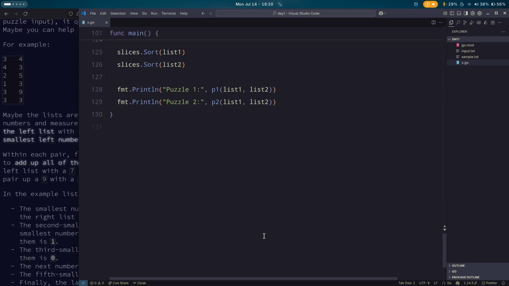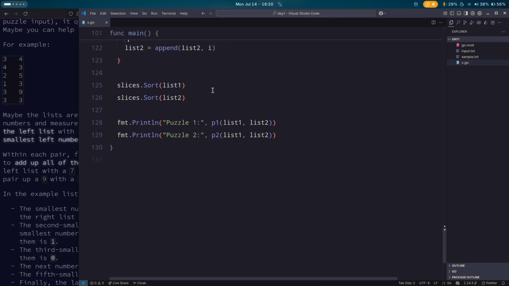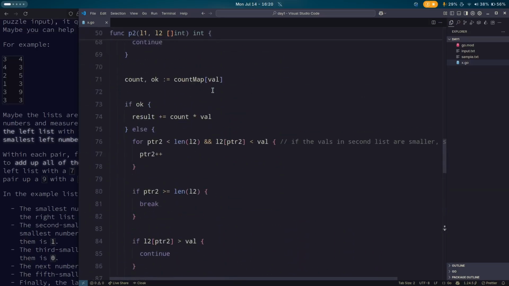So I think it would be better if we sort both the lists ahead of time, so that we can traverse the lists in a single iteration and add up every difference of the elements pointwise. That's what I'm doing here. I sorted list 1 and list 2,